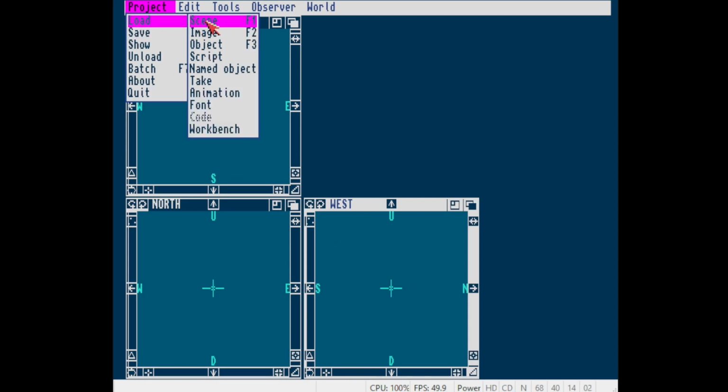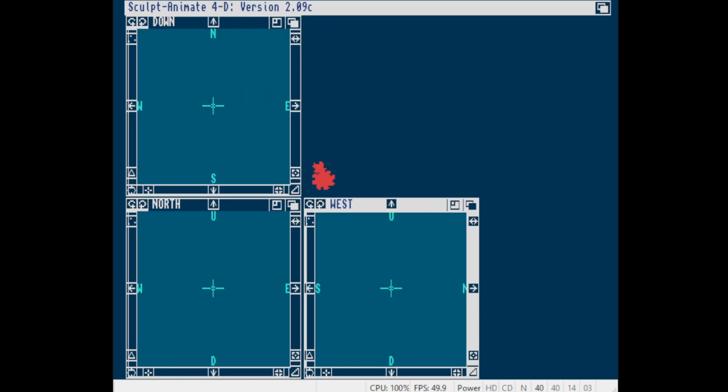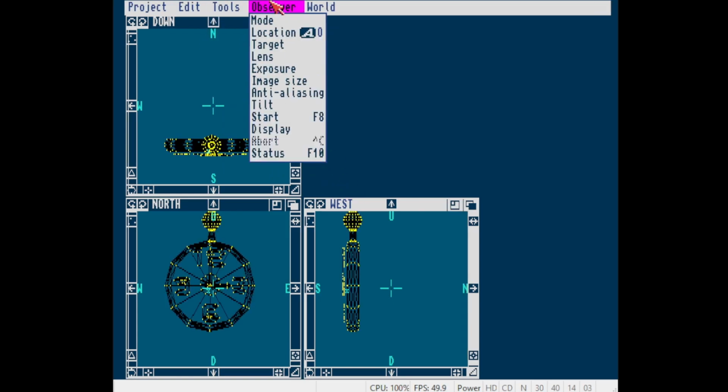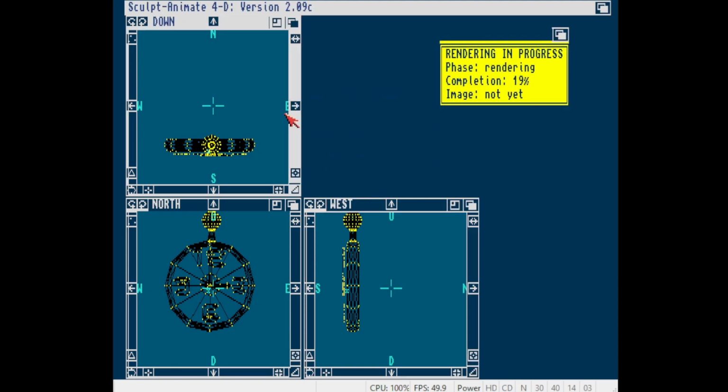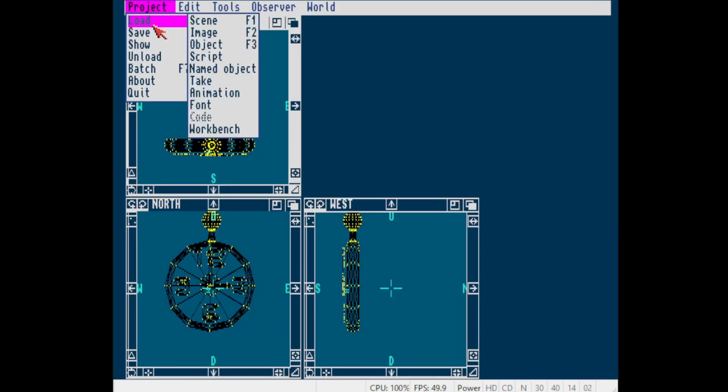Let's try and load scene. Let's go. Oh, okay, let's try that. Okay, and we have a clock. Can we render? Start. Oh, it's rendering. There we go. Let's just add a